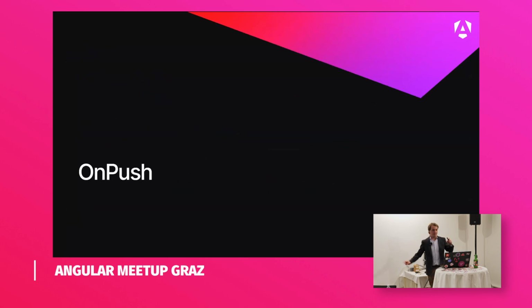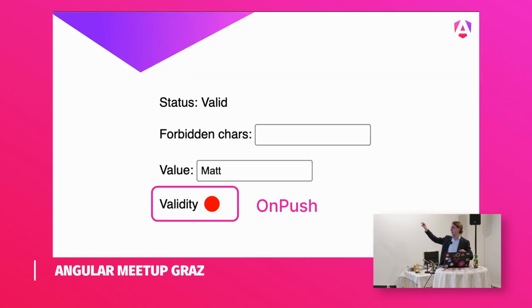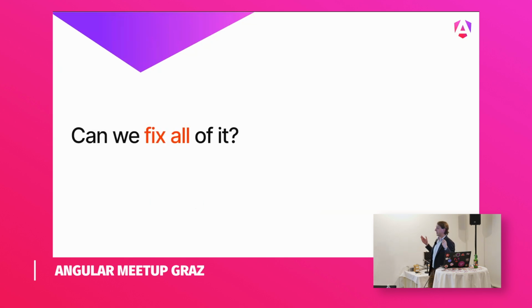So that's the first problem. Second problem is you still have it when using OnPush with this kind of implementation. For example, if you had another component that's 100% OnPush, and you pass the model to the component down here, if you do not change the reference, for example, the model just changed its value inside, your component will never get refreshed. That's one of the issues. So can we fix all of this? All the issues we have with